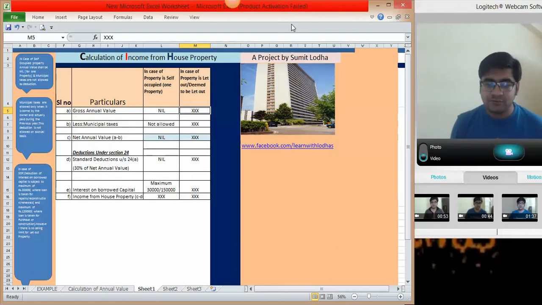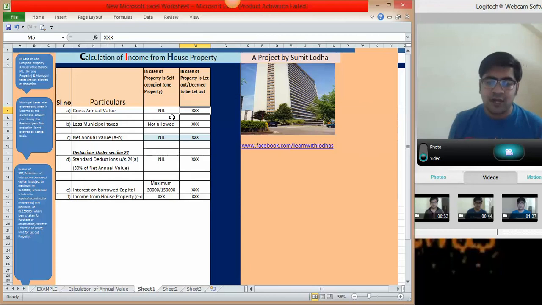So here both the floors are different and distinct, and almost all the facilities are distinct. In that case, one residential unit will be considered one flat, one house, even one property, and the calculation will be done separately for both units. For the self-occupied unit the calculation is based on self-occupied property, and for the let out unit it is as if it is let out.